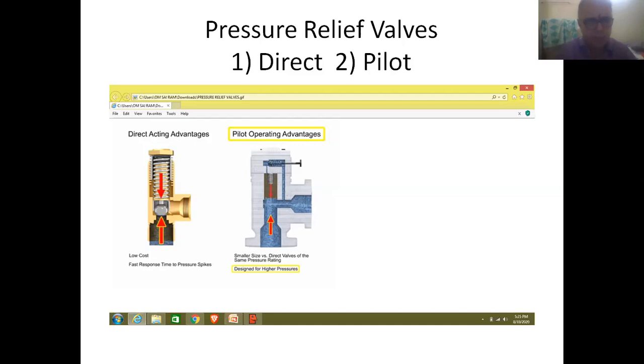Therefore, that element will move in upward direction, and as a result, the valve will come to open position, and the excess fluid will flow from inlet to the outlet of the pressure valve, and ultimately it is discharged into the reservoir.